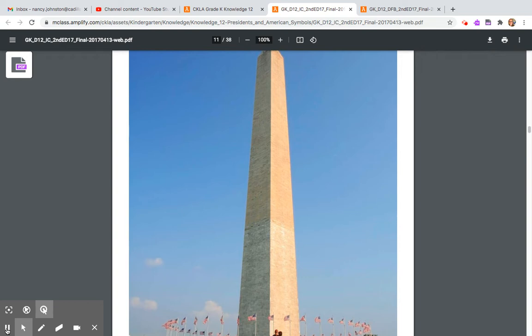Where does the king or queen live? A king and queen live in a palace or castle. Once a person is a king or queen, how long does she or he remain in that position? She or he, the king or queen, rules for the rest of his or her life. Is the king or queen elected or chosen by the people? No, he or she is born into that position.